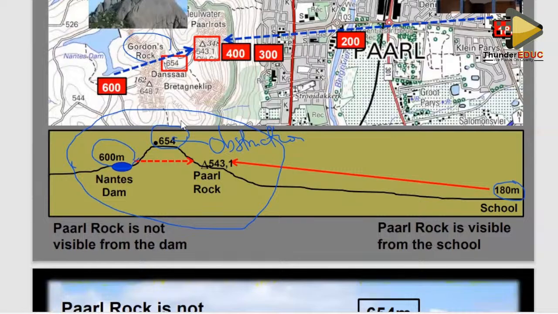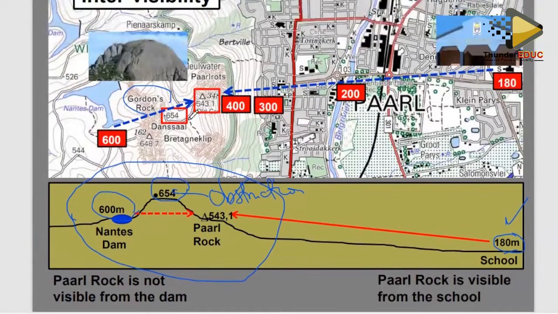And then, if we are to determine if there is intervisibility between the school, which is at 180 meters, and Pearl Rock, which is at 543.1 meters, definitely, if you are to draw the cross-section, you can see that the area is flat. Let's look at the school from the map. The school is here. The height at the school is 180 meters above sea level. And if we check across, this is our Pearl Rock standing at 543.1. So if we draw a straight line here indicated by the dotted blue line, if we try to check